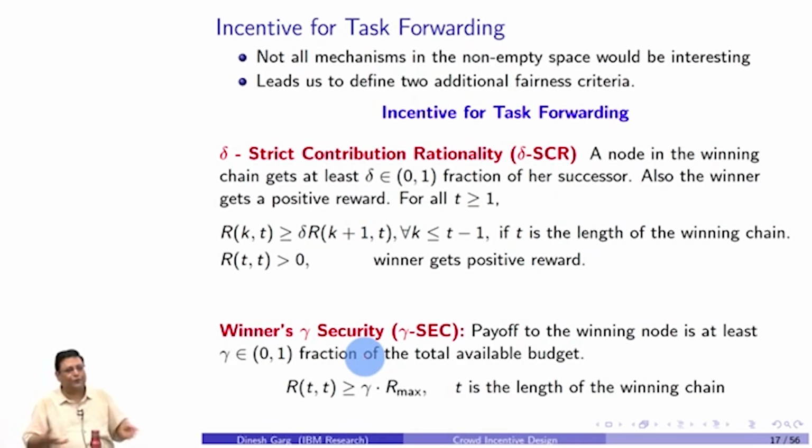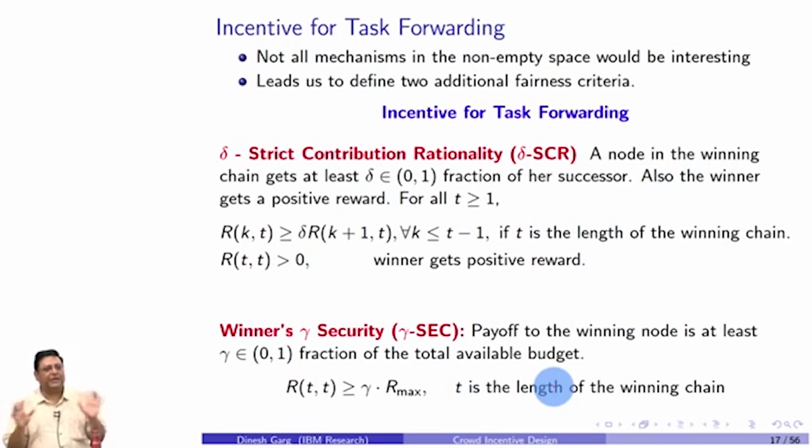And that was the motivation for people to go and hunt around for the balloon, and not worry too much about how far below I am in the chain. Whereas in a scheme like MWay and all, if you are too far below, your incentive may be low because the major award will be eaten up by the guys above you, right? So that's where we say let's define some factor called gamma. It tells you that this is the assured reward if you are the leaf node. Now we want to ask this question. So now these two definitions or these two properties are attempts to make everybody happy.